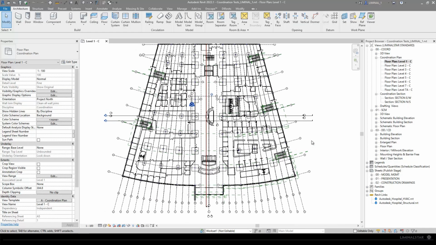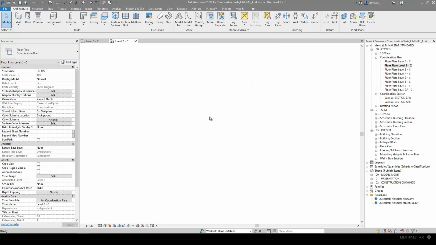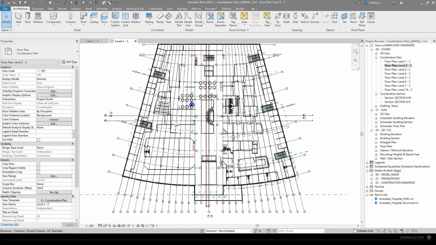So what we want to do is be nimble with the software. And really, when you have view templates and you have predefined views, as long as they're coordination views, it's not that big of a deal if they get tossed out, because these essentially are for throwaways, or they're work in progress. So one of the things that I would specify or stress with coordination views is, if you're going to move a coordination view or create one, rename it so that nobody goes in and deletes it or changes your